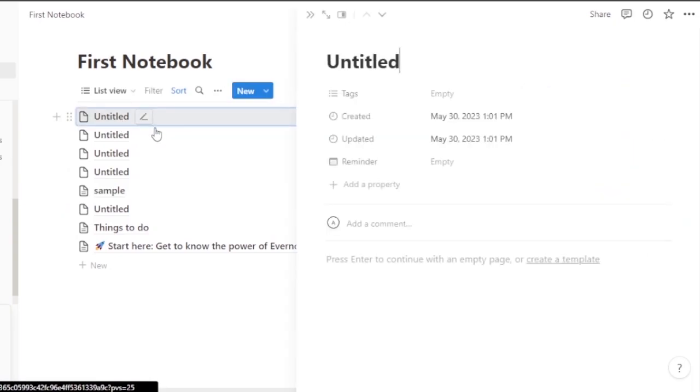For example, here you can see that Evernote is open. When I open this untitled option, a note from Evernote has opened up on Notion because I have just integrated that. What would happen if you haven't integrated is that when you click on something like untitled on Notion, it will open up a space beneath it and give you some options, and you can add it on Notion. But now I can basically add it on Evernote,